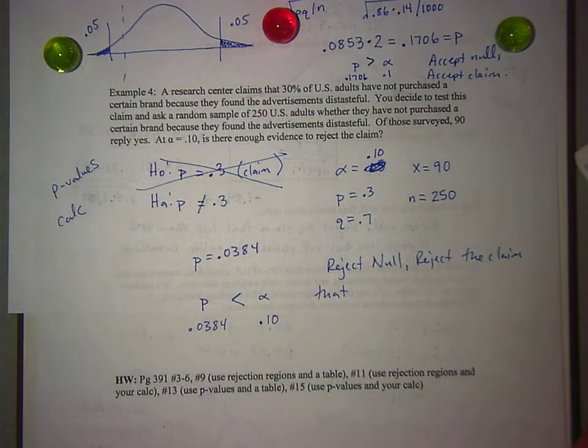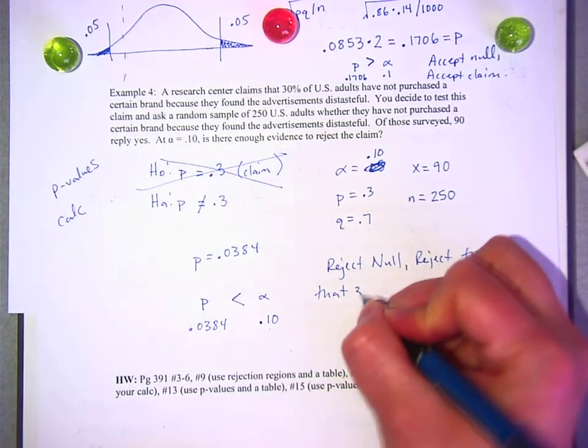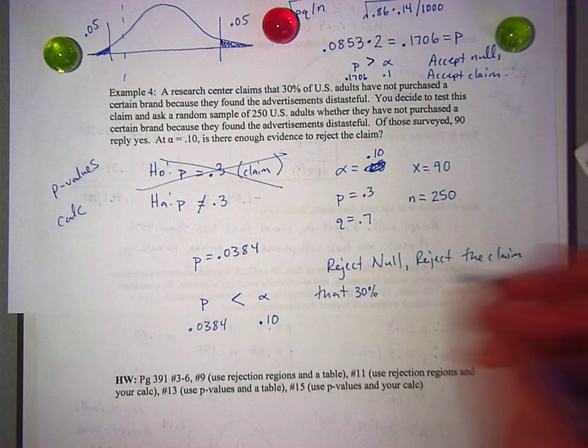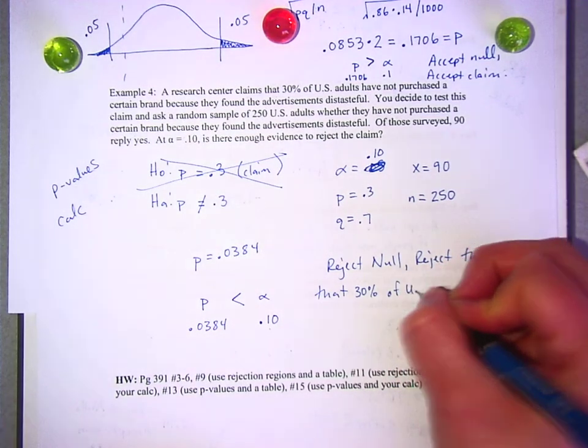Right, so we reject the claim that 30% of U.S. adults have not purchased a certain brand because they found advertisements distasteful. Right, 30% of U.S. adults